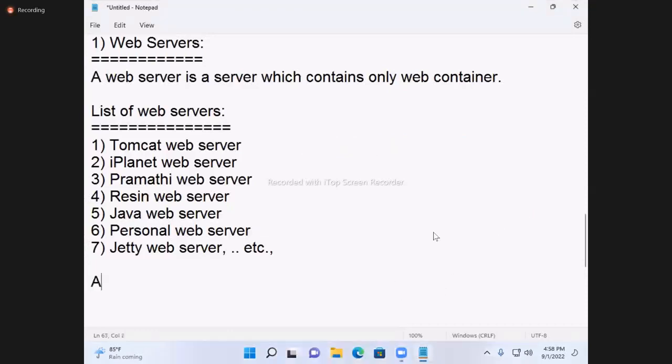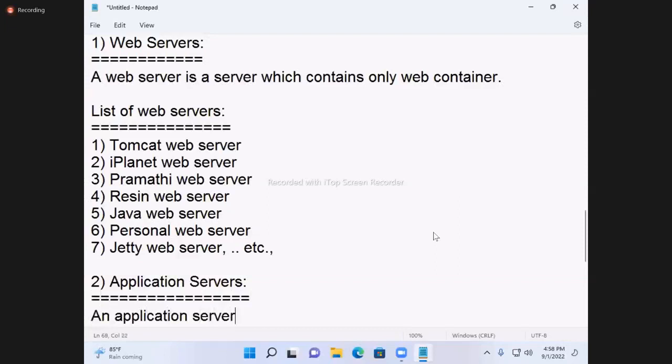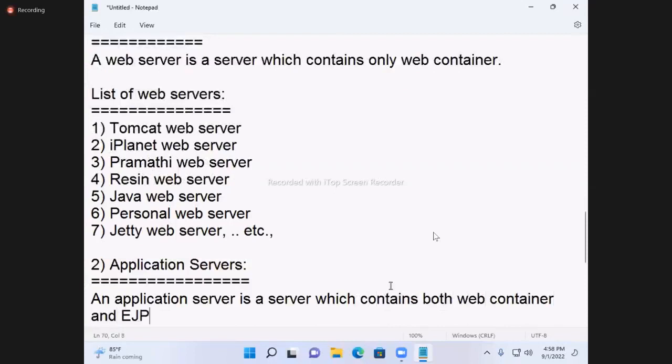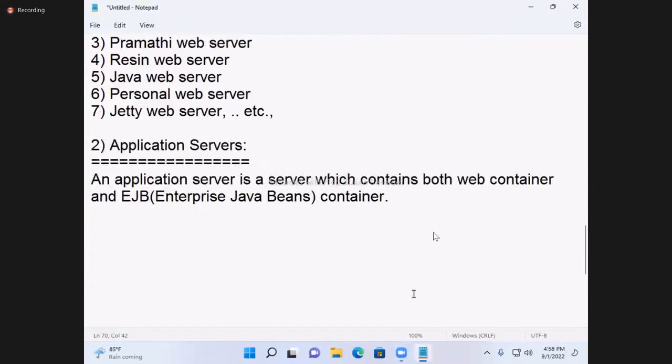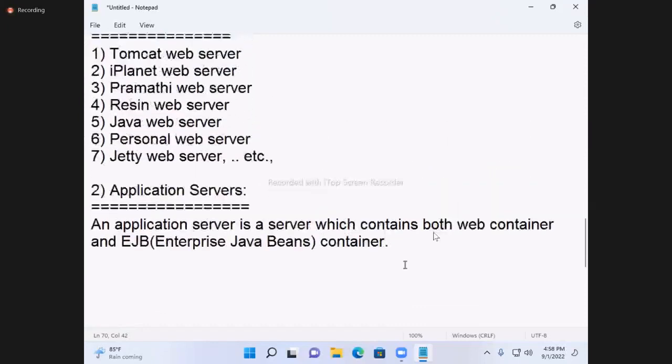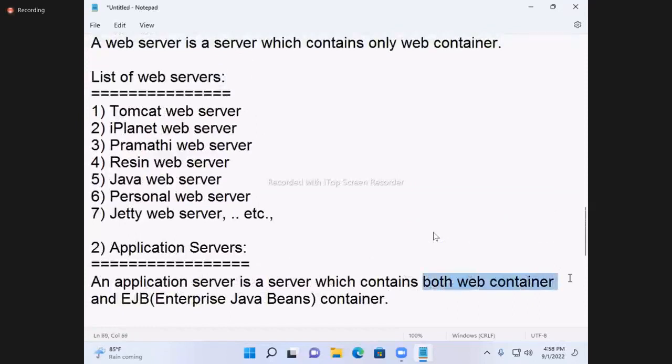Next, application servers. An application server is a server which contains both web container and EJB container, enterprise Java beans container.